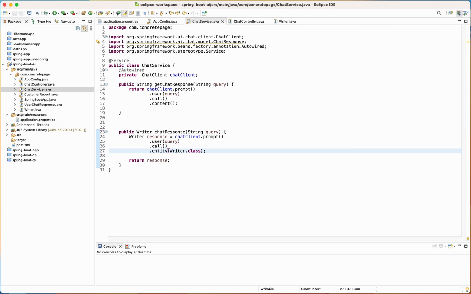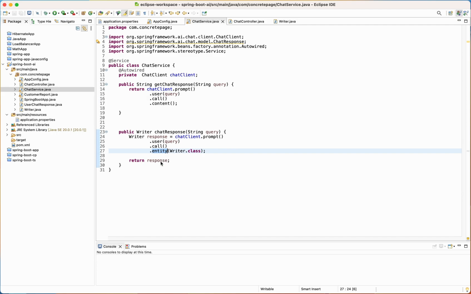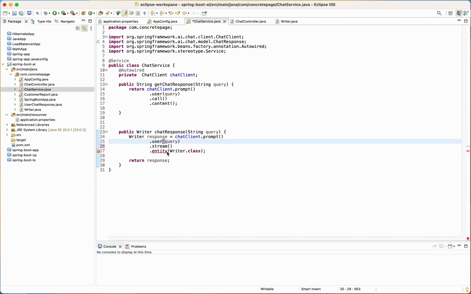Okay, so to get the string, call the content method. To get the chat response, call the chat response method in this place. And to get the entity, call the entity method. Now if you want the asynchronous communication, what we have to do is change here, use the stream method instead of the call method. Now to get the string,